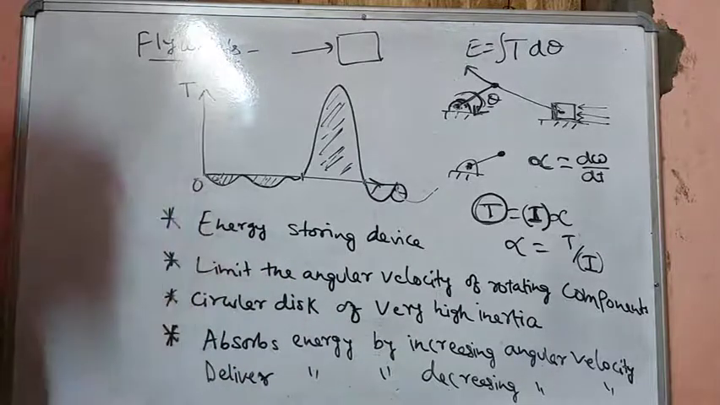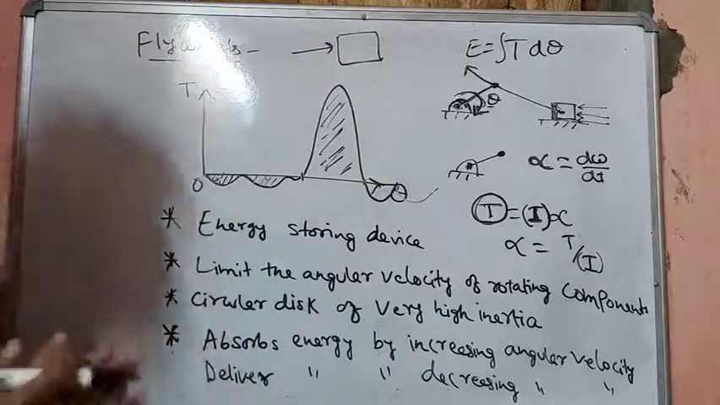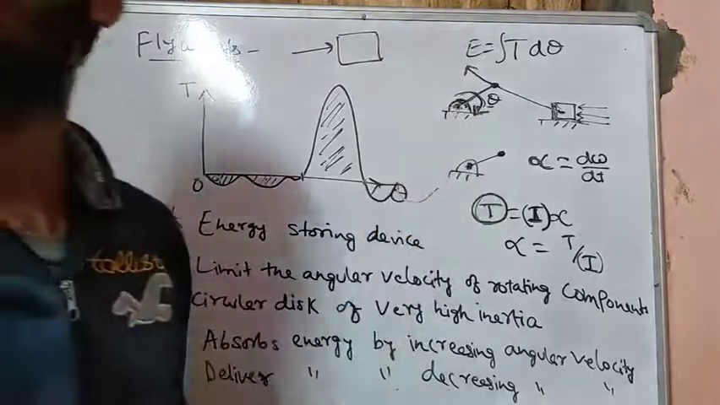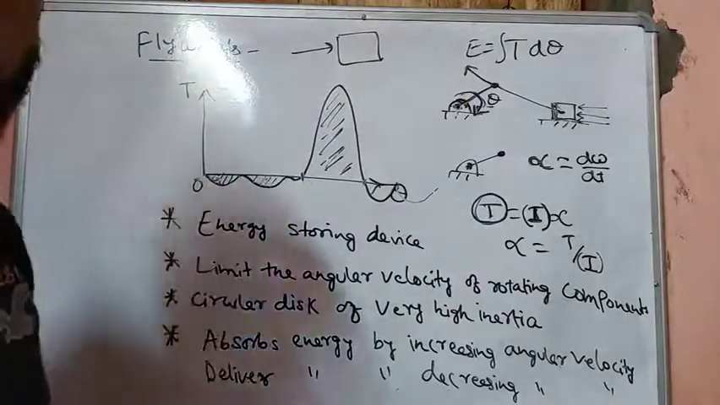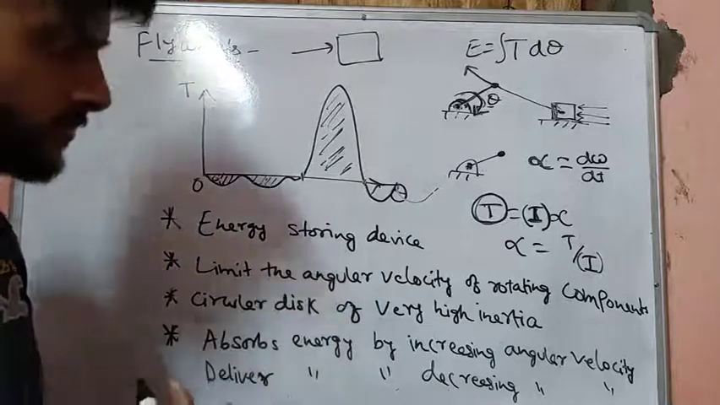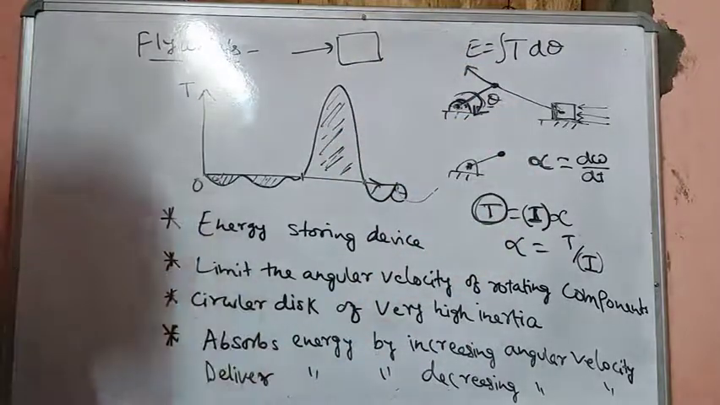Okay, so it is basically a circular disc of very high inertia. Okay, so how does it store the energy? Once the energy is supplied to the system, the flywheel will increase its kinetic energy in the form of rotational kinetic energy. So the flywheel will increase its angular velocity, and it will store